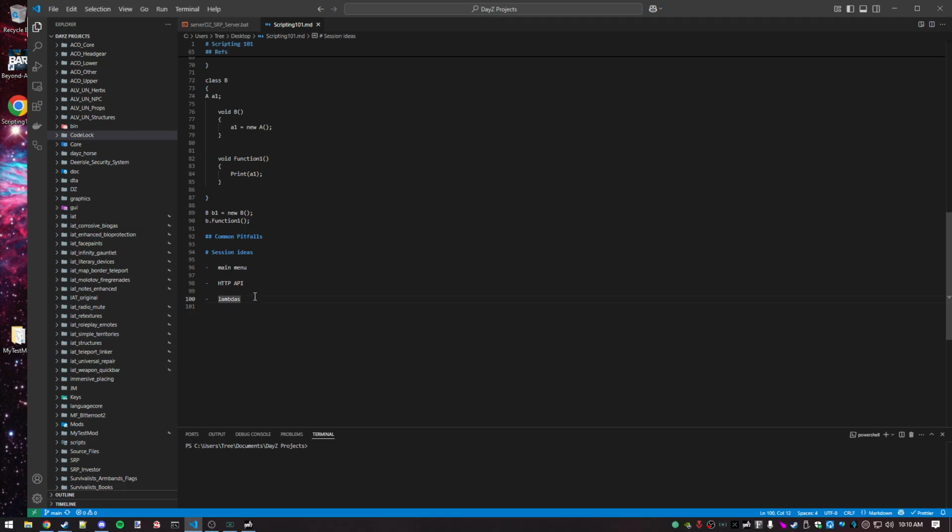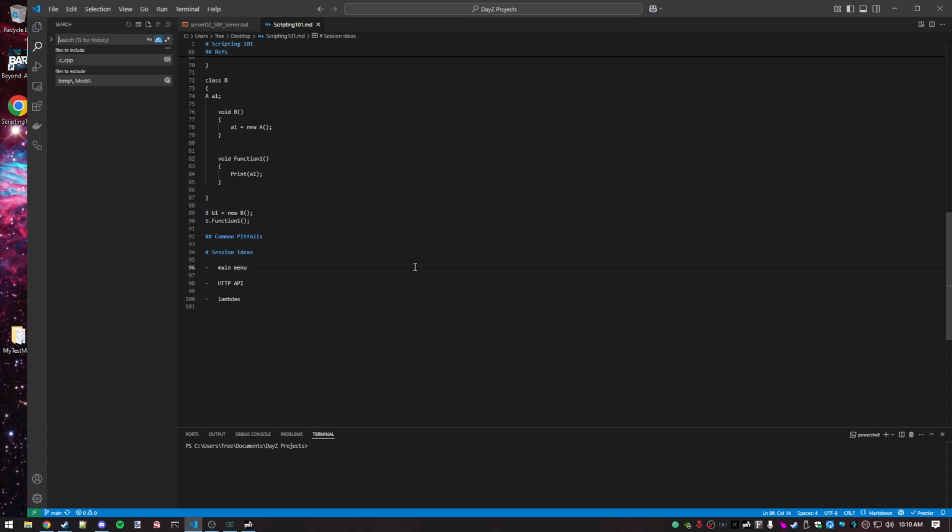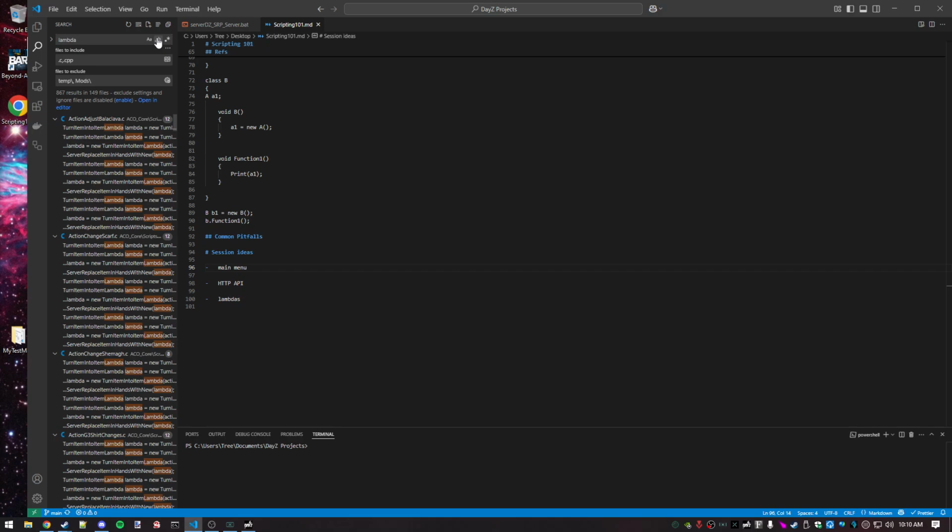So what I'm going to do here is I have my DayZ projects open in VS Code. I'm going to press Control-Shift-F so that I can search all files, and I'm just going to type in lambda and search for it. A bunch of stuff is going to come up, which is good. That means there's a lot of documentation and things that we can